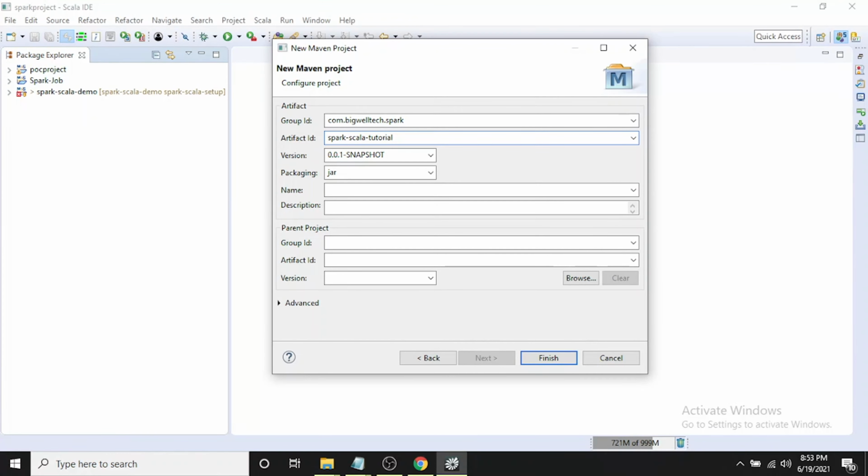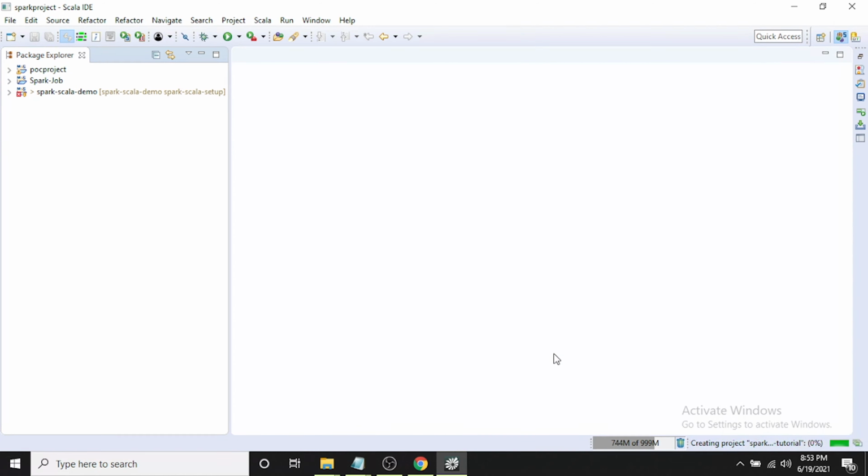Spark Scala tutorial, you can give as the project name. Then finish. It takes time to create a Maven project.